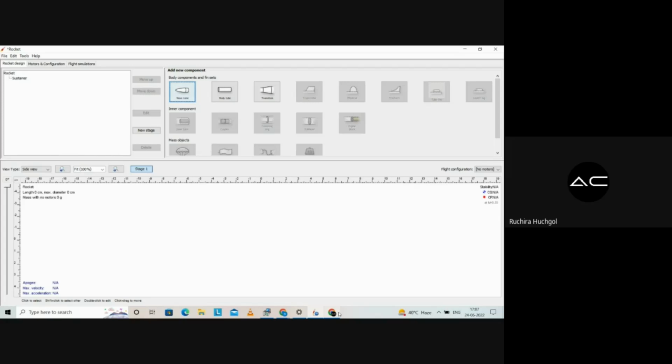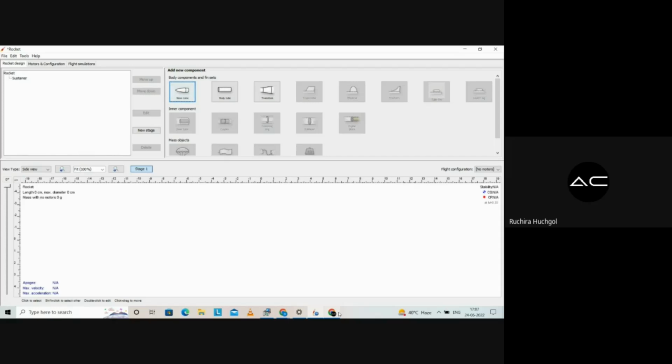Once we have all these things, we start designing it on various software, then we do analysis, then prototyping, and then finally we launch and do the post-launch examination. What comes in the post-launch examination is the examination of the fuel and the motor that was used, and also of the external structure of the body.